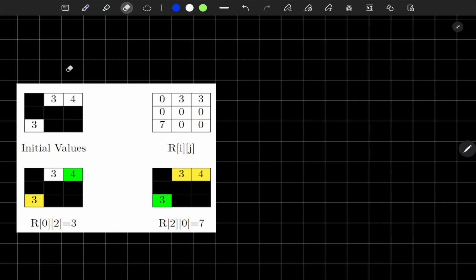But here, from this 4, there is a direct path to 3. So to get the remoteness of 3, we cannot count this one. We can only count this 3. So in that case, we can replace this 3 with this value, this 4 with this value,